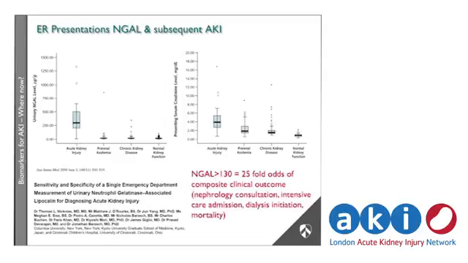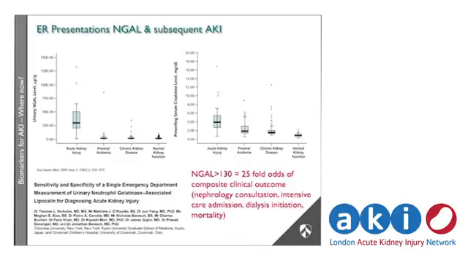Interestingly, there's some other research they did in the emergency room, and what they found here, by screening records afterwards, was that NGAL was significantly elevated in patients who went on to have a diagnosis of acute kidney injury, and it was much more specific than the presenting serum creatinine level, as you would expect. So obviously serum creatinine was elevated in chronic kidney disease. It wasn't so much, whereas the NGAL wasn't.